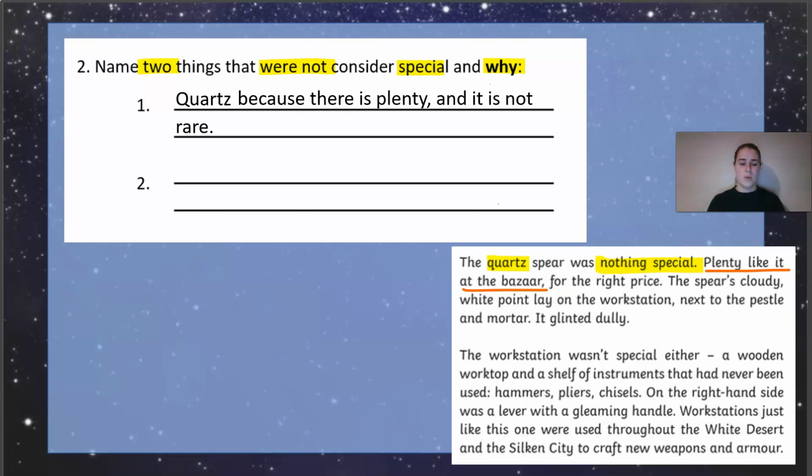So now I need to go back to my question. So I did quartz because there's plenty, it's not rare, but my question actually says I need 2 things. So I've got to carry on reading. So I'm still looking for my keywords of something not being special. So if I read on, the spear's